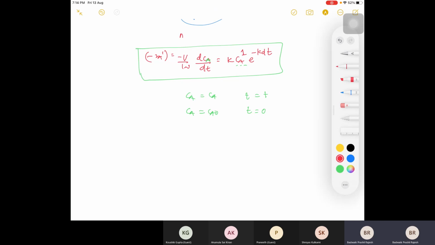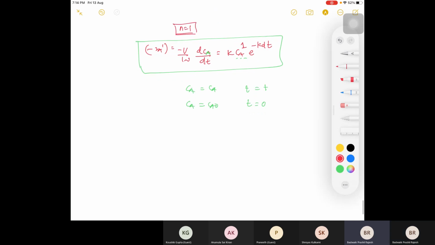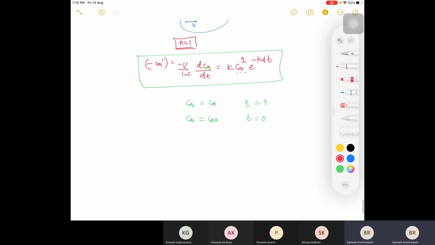Here you can see I have considered n equal to 1, the order of reaction. And before this, I also used one assumption. What was that? My order of deactivation is also 1, and that's why I got this. Another assumption was independent deactivation, right? These were my assumptions, and after that I got this equation. Now I'm using other terms.